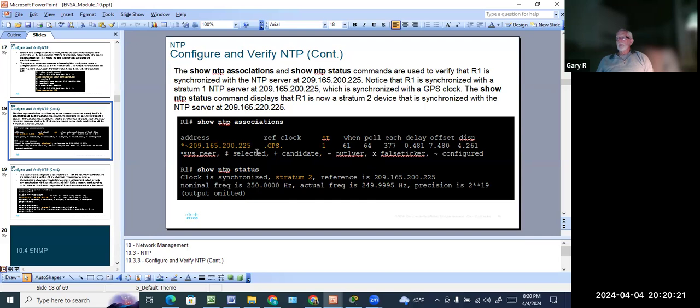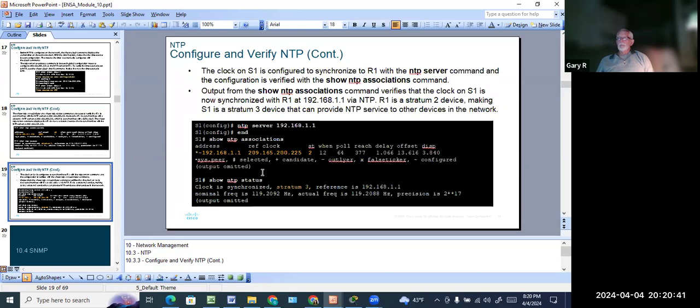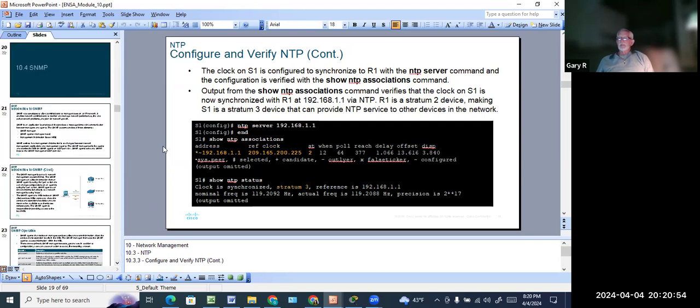So become familiar with this, because it's very often that they'll toss an NTP question on the CCNA exam, and it will give you this as part of the question. And here we go again. So you should be able to answer questions from this information. Let's see, I think we have time. We can go through